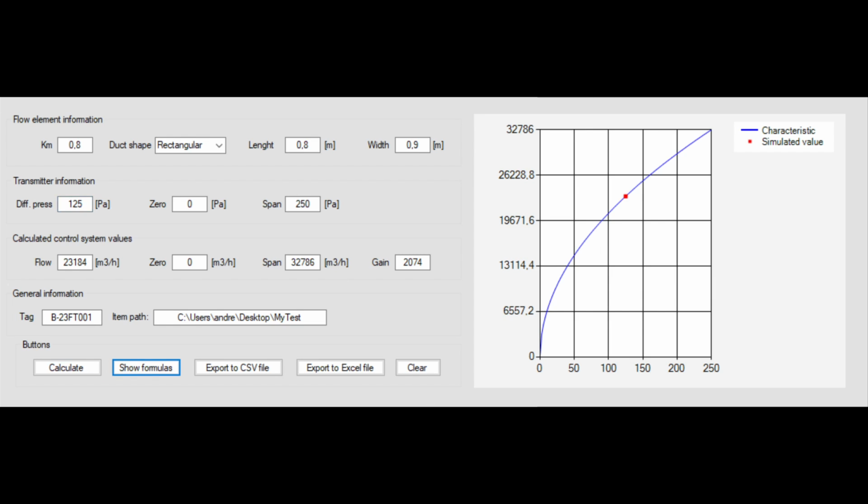Also, you can show the formula here, and you can export to a CSV file or just clear here. And you see that the operating point is simulated here. That was the value that was calculated there. Here is the whole characteristics of the flow element. This is just the operating point. So if you change this differential pressure here to 250, you will have a point here, and